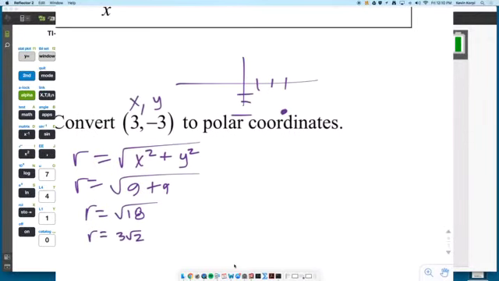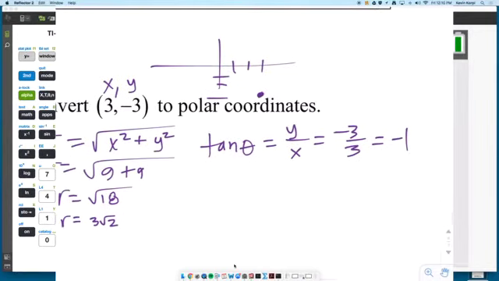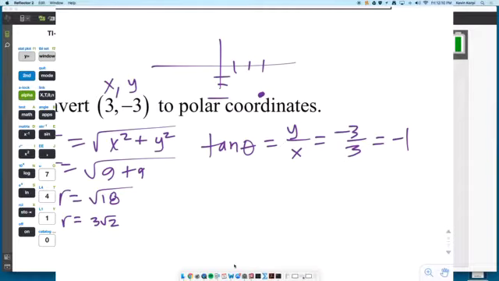And now I want to figure out the angle. So tangent of theta is y over x, which means it's negative 3 over 3, which is negative 1. And now it's unit circle time, in reverse. Where is tangent equal to negative 1 on the unit circle? Yeah, at 3 pi fourths